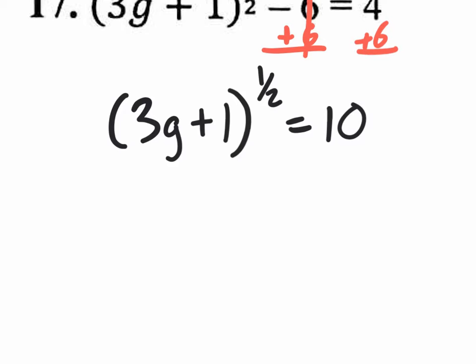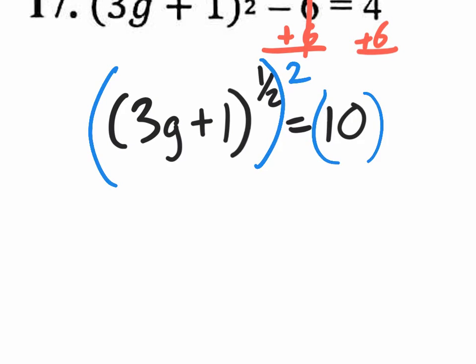2, right? And you don't even have to change it to a square root. You could leave it like that, put parentheses around it, put a 2 right there, and put a 2 over here. Now, why is that? Because we know that a power to a power you multiply, and 1/2 times 2 would cancel itself out. That would become 2 over 2, which is just 1, right? The 2, when you multiply, cancels with that, and you end up with no more exponents, just the exponent of 1. So you end up with 3g